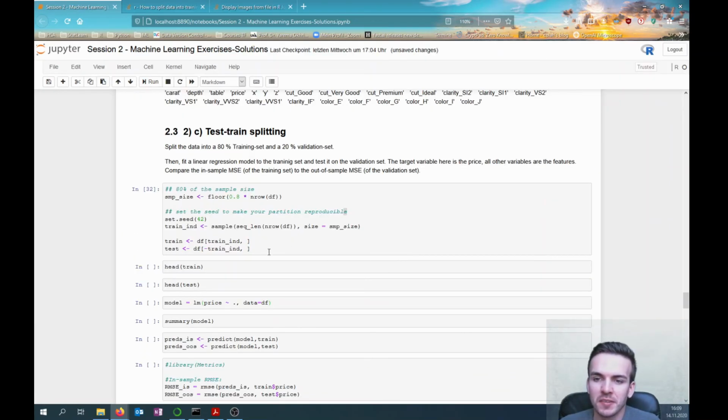As I already said, we want to split our data into a training set and a validation set. The training set should be bigger than the validation set because we need a lot of data for our model to be able to extract the information from the data set. On the other hand, the validation set shouldn't be too small, so we have enough data to